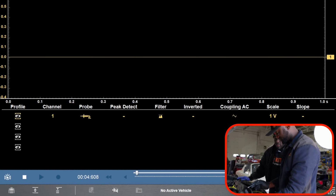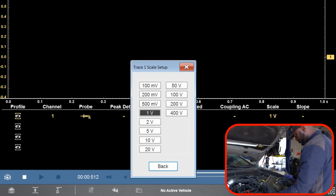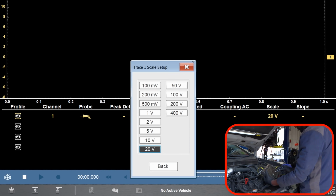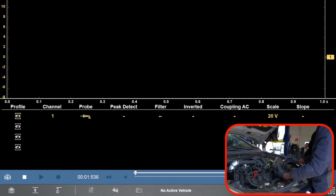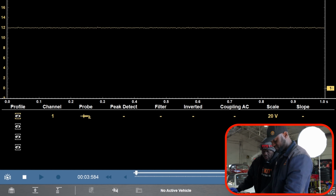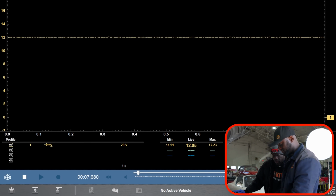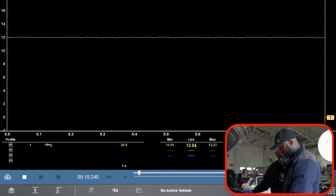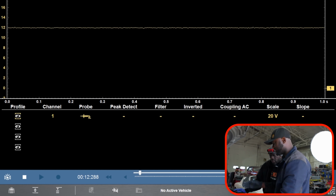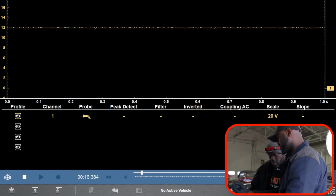So you see how it's down because we are AC coupling this. If we go down here, we should see battery voltage. Okay, we have 12 volts there. We see 12.05. So that's good. Now to do a relative compression test, we have to AC couple this because the current that